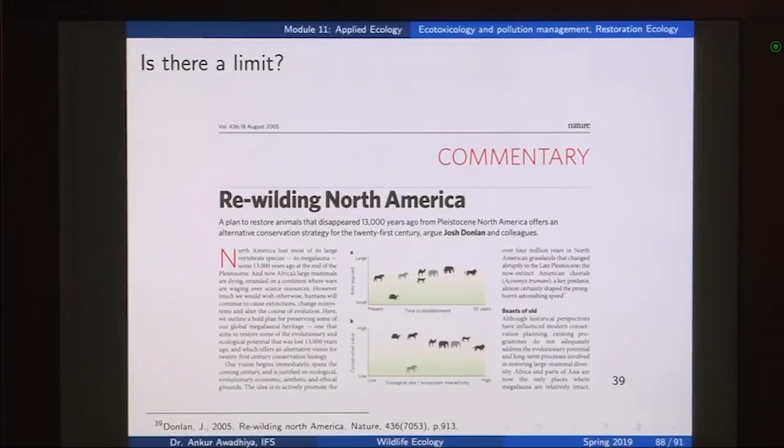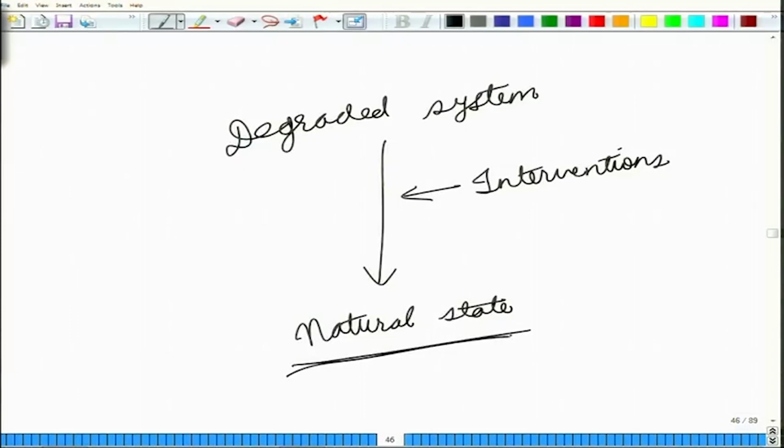Now, while it might look like you are changing your system into a natural state, and while you are saying that the current system is a degraded system, why we are saying that you need to be wary of it is that even in this degraded system, if it has continued for a very long period of time, then probably that has become a norm for the species that are now present in your system. So, for instance, if you have a forest with lantana, and these forests with lantana are allowed to continue for say 200-300 more years,